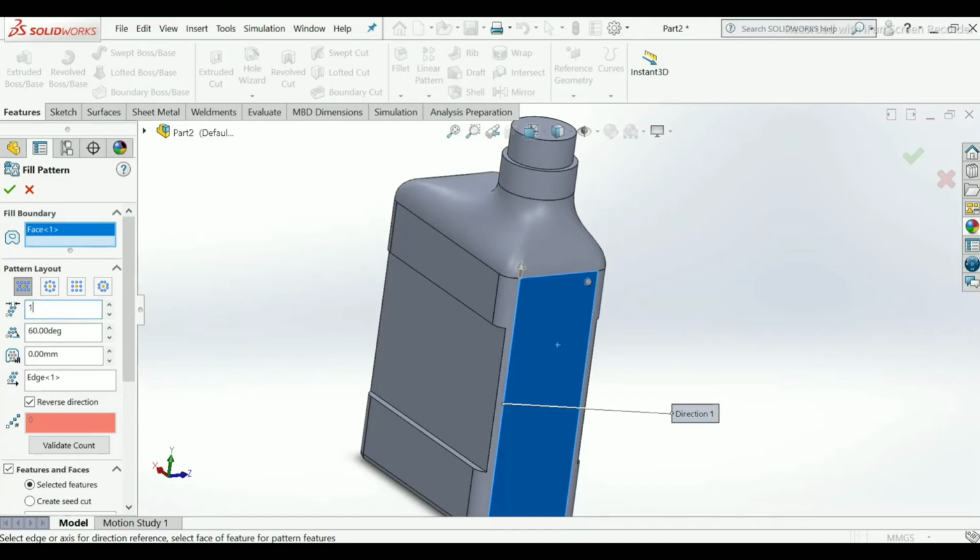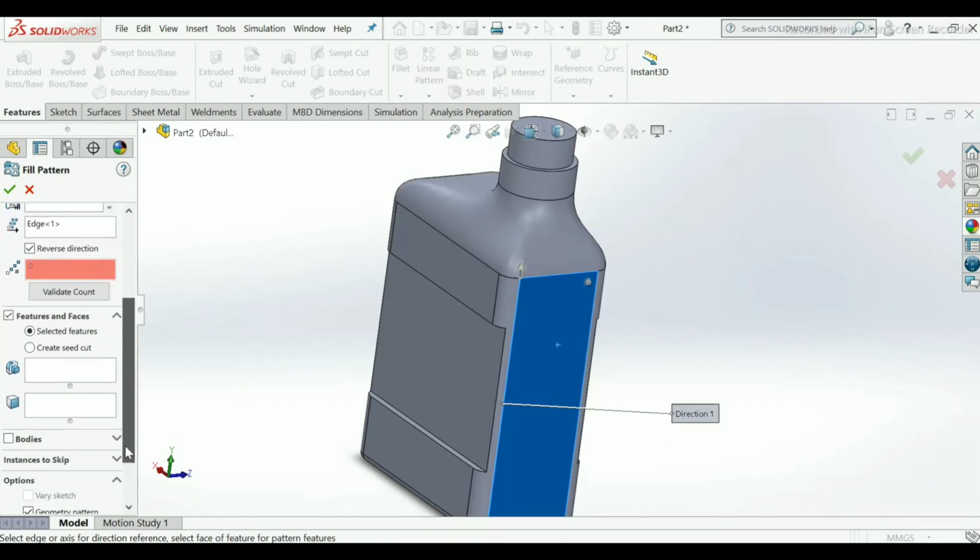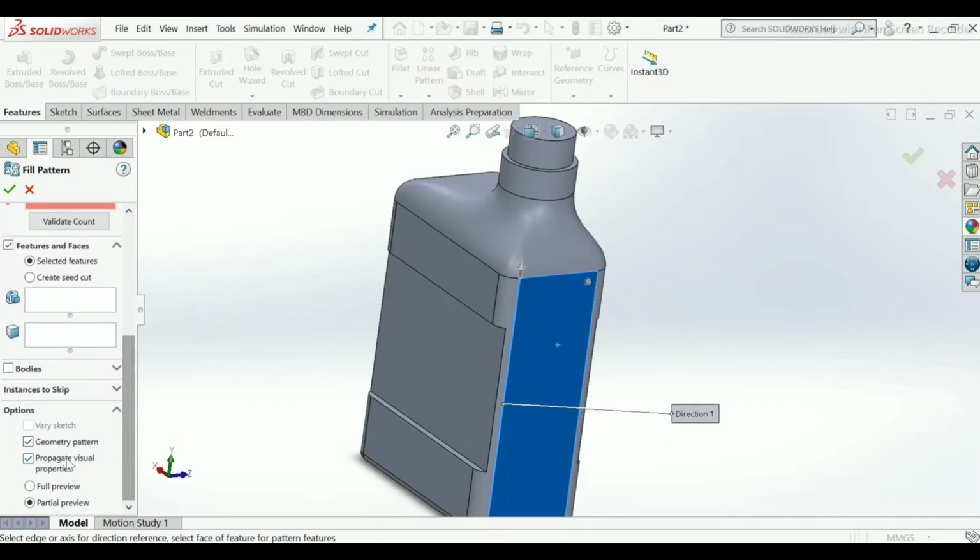Take distance from one to second as 18, degree will be 60 degree. Make sure you click geometric pattern in options so that it will be properly shown.